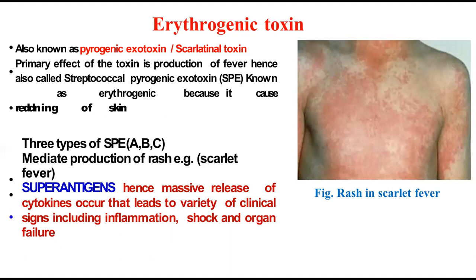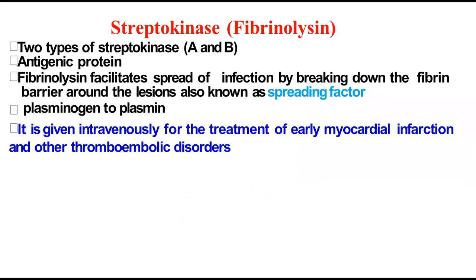So just because of this, the A and the C pyrogenic exotoxins are superantigens, and the P antigen can cause fever and reddening of the skin. The other is streptokinase. So what is streptokinase? It is also known as